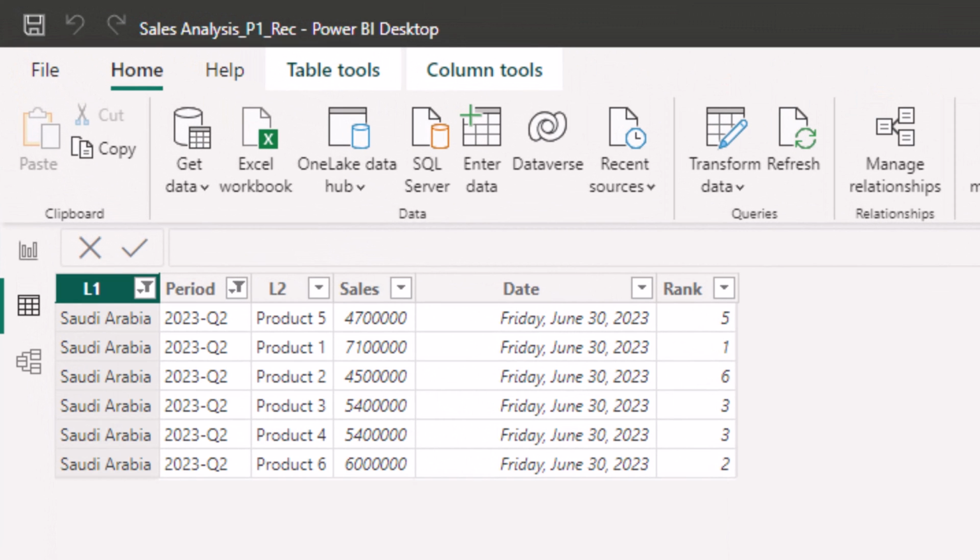We can see that we have ranking based on the sales value. So the biggest sales, which is 71 million, has the first rank, and the second is 60 million. But we see a tie here. We have two products, product 3 and 4, having the same sales value, so they both have the number 3, and this will not work.